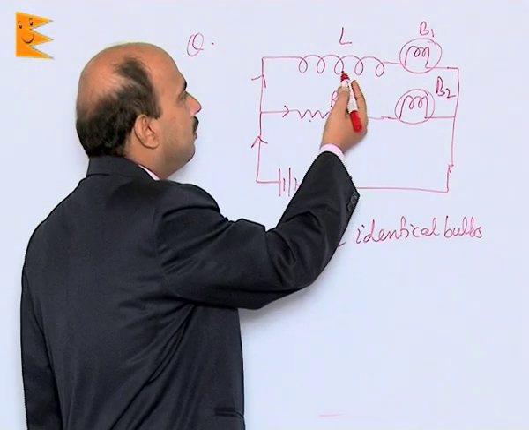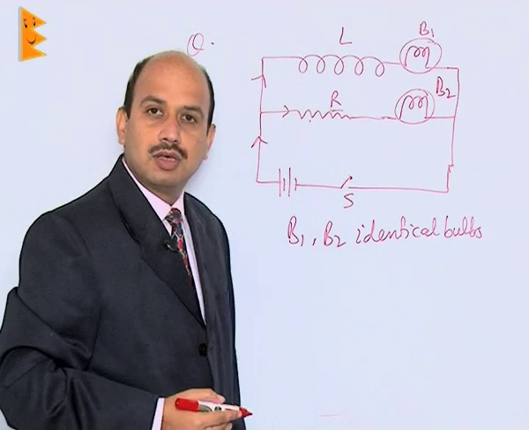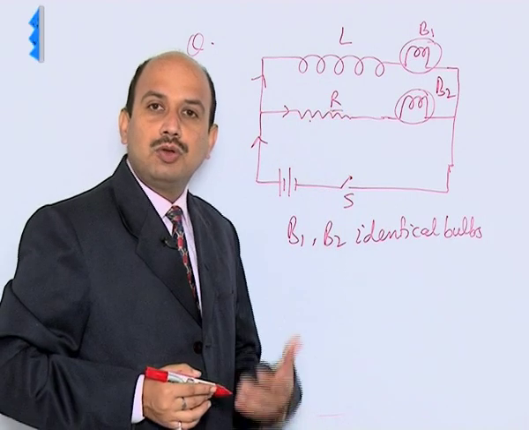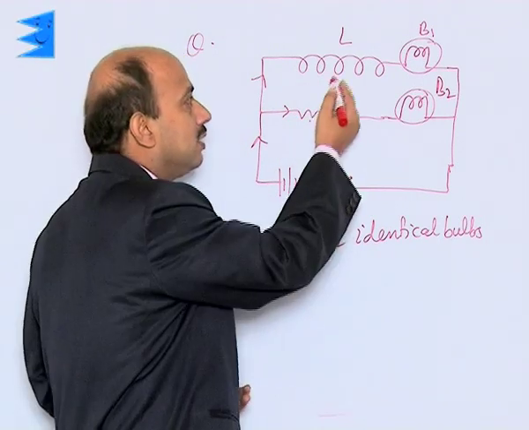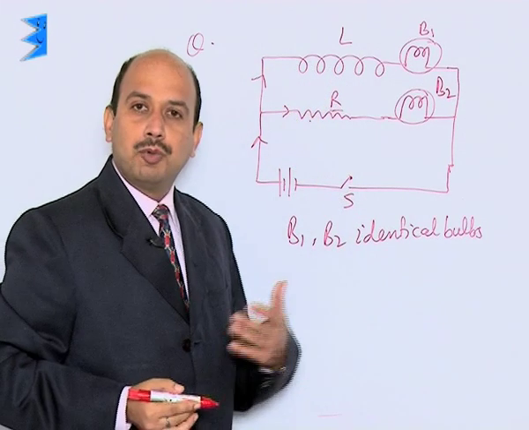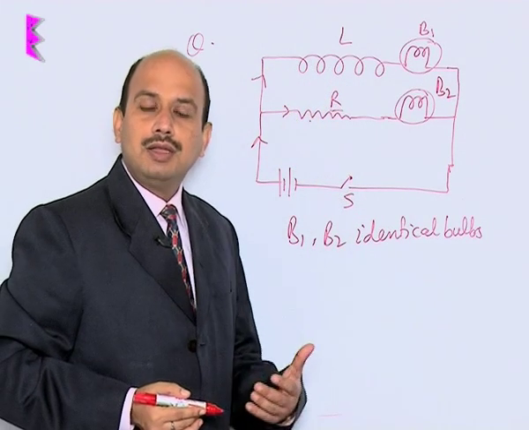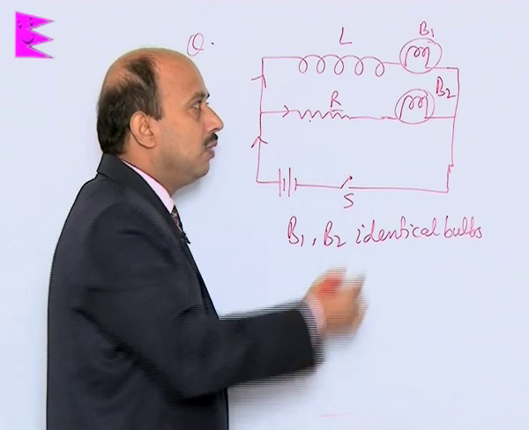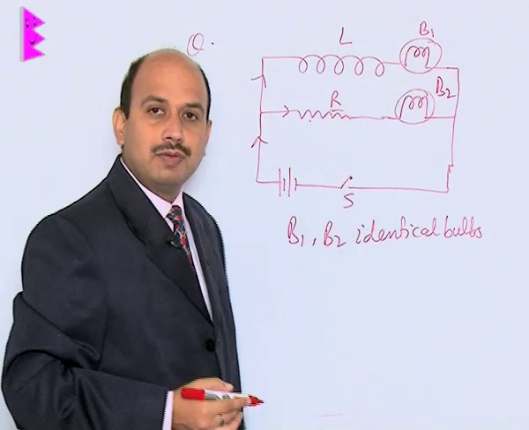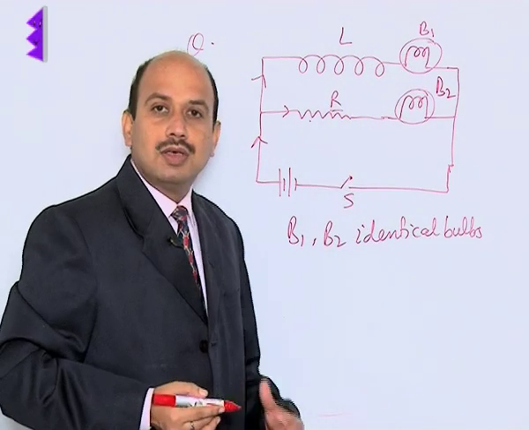So this induced EMF opposes the growth of current. When the current is increasing from 0 to maximum value, inductive resistance or inductive reactance is opposing this growth of the current. So the brightness will not be full. So this bulb will not light up with full brightness as soon as the